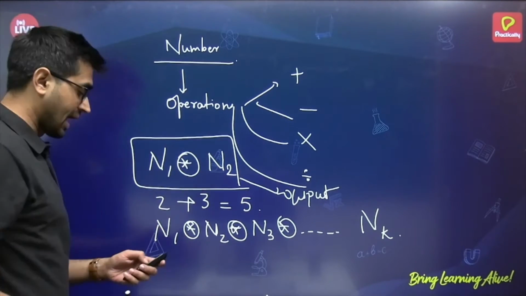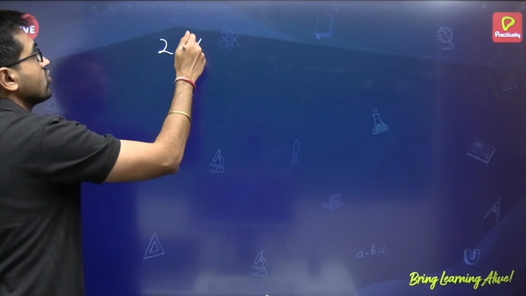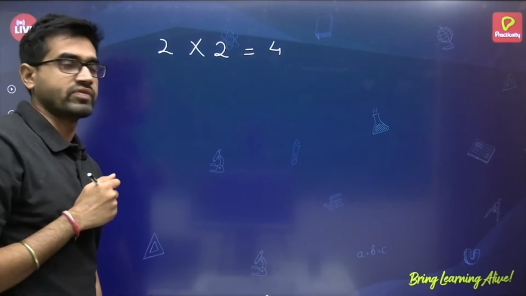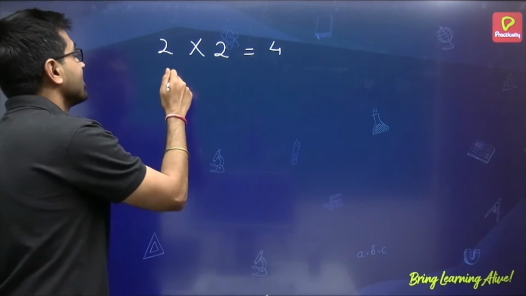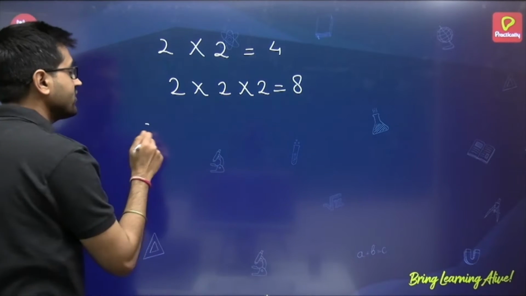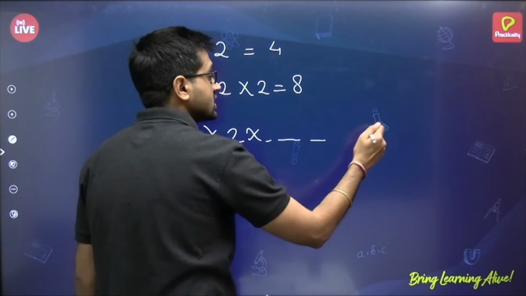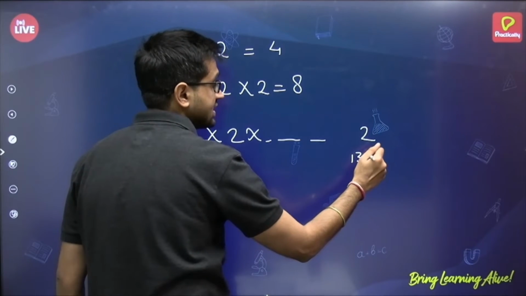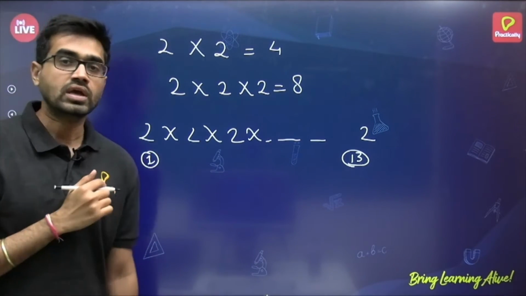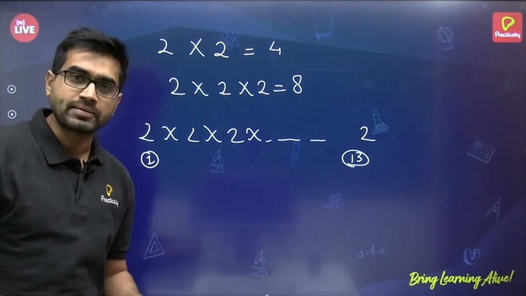To solve this thing, what happened? There is one situation I give you, a situation where you have to multiply 2 with 2. It is a very simple simplification. What if I have to multiply 3 2s? It's still simple. But what if I keep on going, and I write, let's say 13 2s. So there are total 13 2s. How many? From 1 to 13 2s. Now the process becomes a little tricky. Now multiplying them will take time.